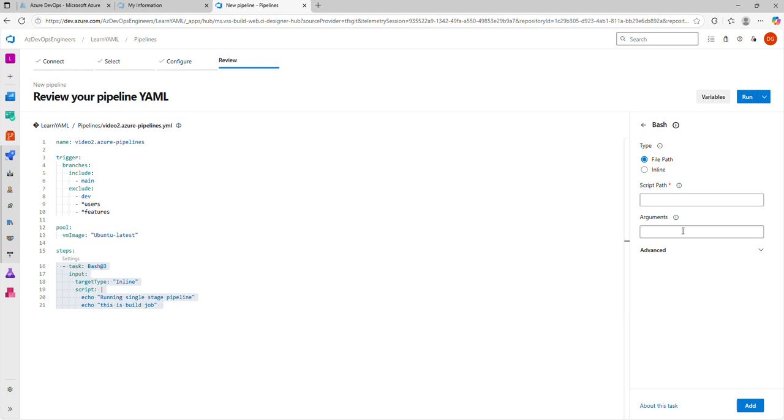Now, if you click on the steps, right? So you see here it is showing you the correct format. If you have any script path, you can mention here. So what is the target path? Okay, if you are mentioning inline, and if you have something written in your repo, you can give the path of your file. So you have to give system.defaultworkingdirectory, and then the path of your file. Anyway, we do not have to go into Azure DevOps today because we are only learning today the YAML pipeline,